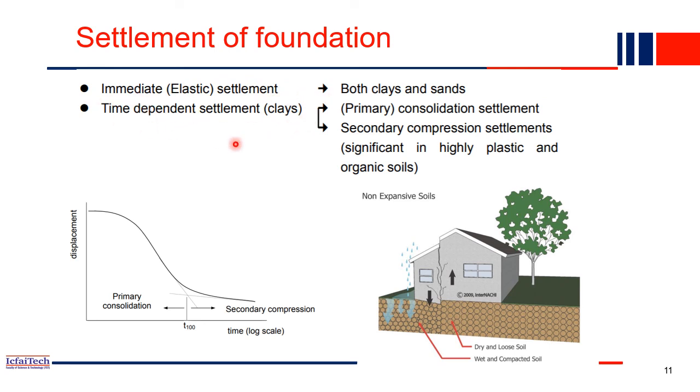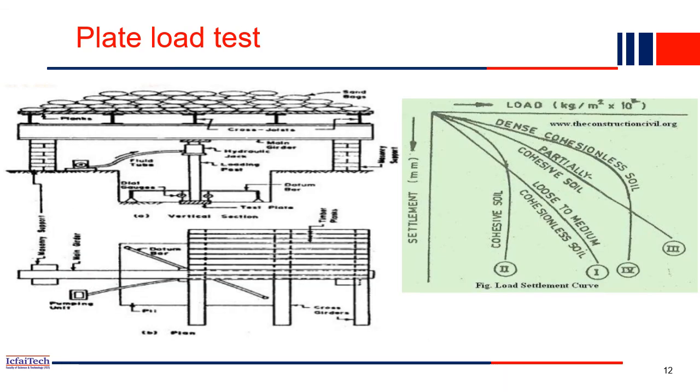Time dependent settlement happens because of the consolidation of soil, whereas initial immediate settlement happens because of elastic settlement. If water is entrapped here, if you construct, you apply a load, then immediately water will come out and the soil will settle. So that is the immediate settlement that will be happening. Or maybe because of rain, the soil inside was wet, and that may also cause settlement. So settlement may happen in two ways. One is immediate settlement, and another may be long term settlement.